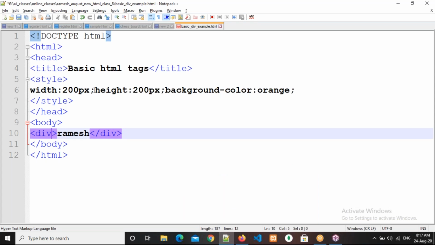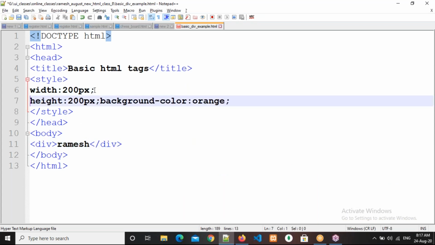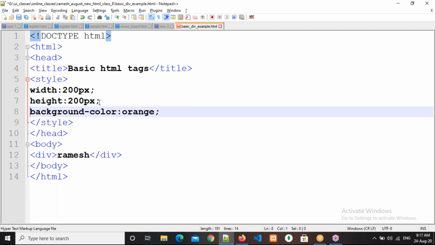Suppose if you want to talk to me, you have saved my number. Can we able to talk? No, sir. Either I should call you or you should call me. Like that, here also is HTML code, here is CSS code, but they are not talking to each other. How will they talk? To which tag do I want to implement?